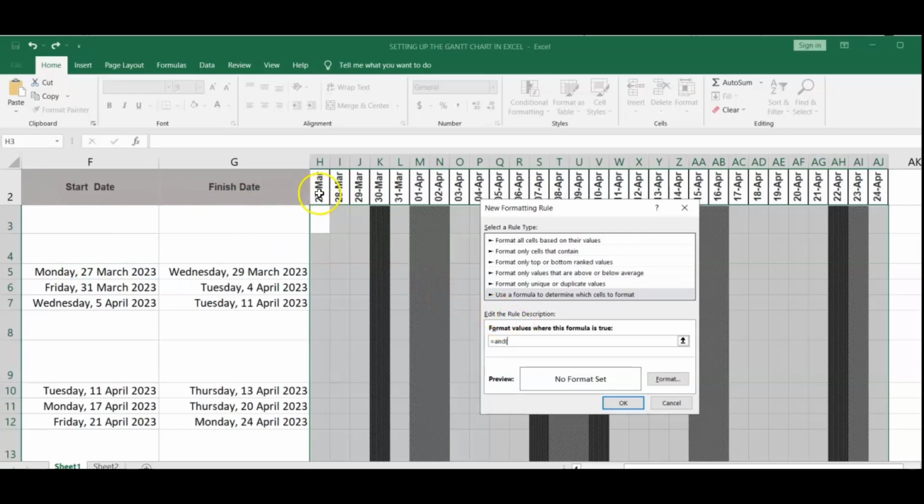So let's see how we write it. H2, is it more than or equal to the start date, which is F3, comma, and then we are going back, is H2 less than or equal to the finish date, and we close. So we are saying H2, is it, and we are using F3 here, and then H2, and we're using G3. So that before we leave, we're going to remove the $ from in front of the column reference,